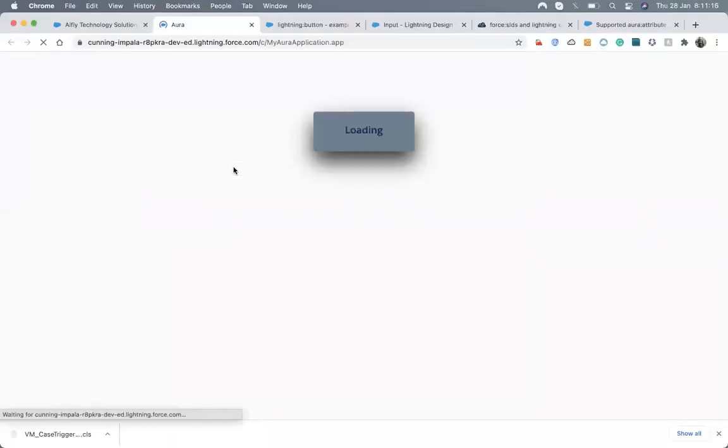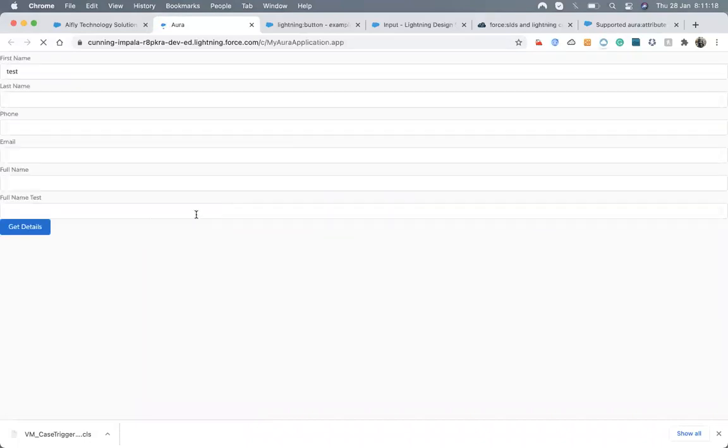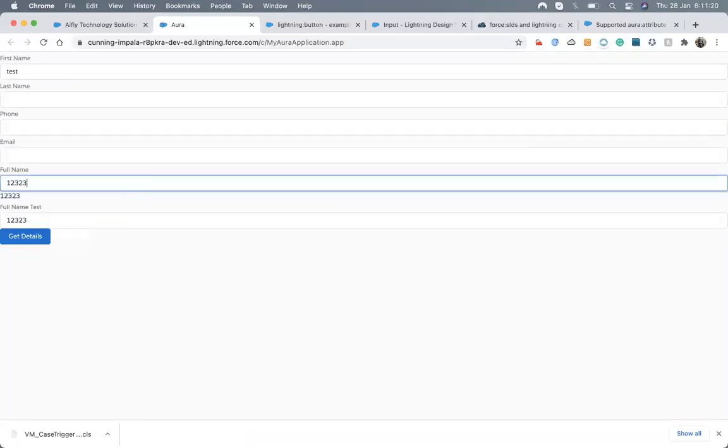If you are manipulating some data, you need to use the controller or helper. But you can see that since I bound all three places, the attribute is the same. So if I make changes at any place, it will directly change up here.